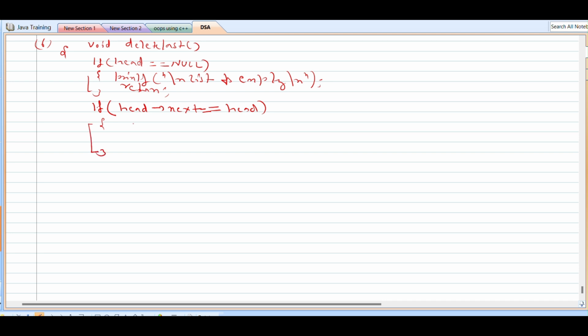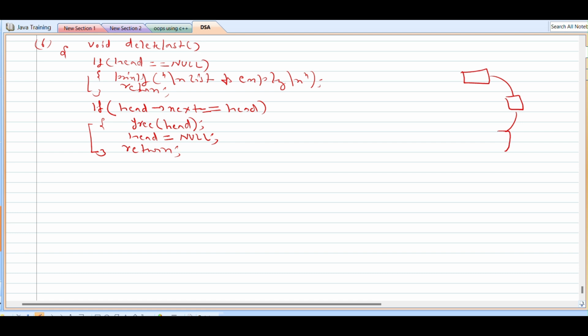So we can safely delete the only element of the list using free head, and now the head will be pointing towards null. Head is equal to null, and we can return from here, right? Otherwise, as discussed in the logic,